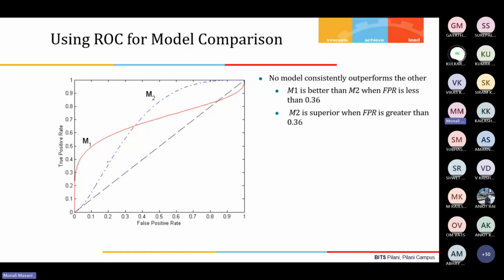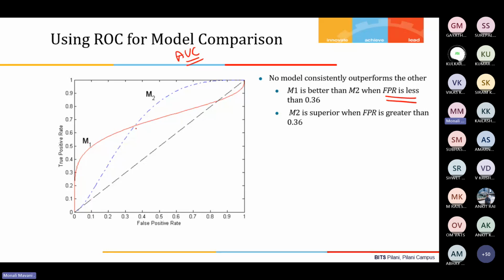Here it is mentioned there is a comparison of two models, M1 and M2. You can check the AUC score, and whichever is high can be picked up. But if I want to interpret these two models, the dash line is my random guessing. Both models are showing performance which is above the dash line. But you can see